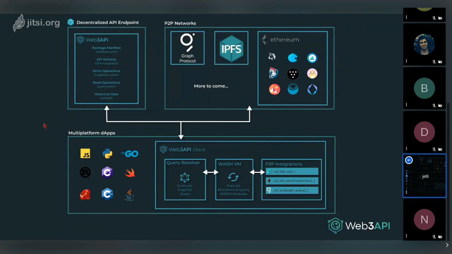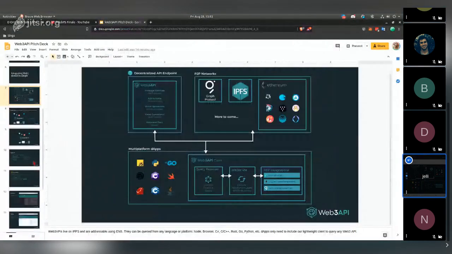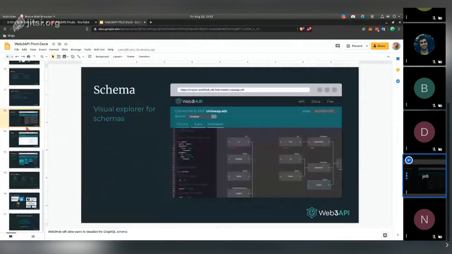So yeah, we're trying to not go the pre-bundling route of saying, okay, here's your Web3 API for these networks, or your Web3 API for these networks. We want the base client to be able to do everything possible except the fringe cases, which people want to do custom development work to support. And that's how we achieve this vision. If you think about it, if we visit uniswap.eth and let's say that they're using Cosmos, but our Web3 Hub app doesn't have the Cosmos portal, what are we going to do? That's a case that we want to limit as much as possible. And so how do we do that? We build Cosmos into this